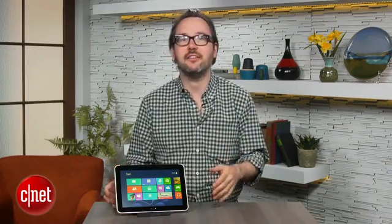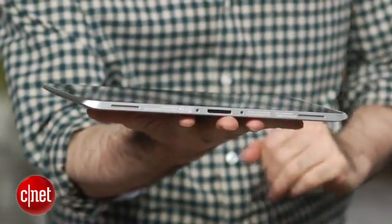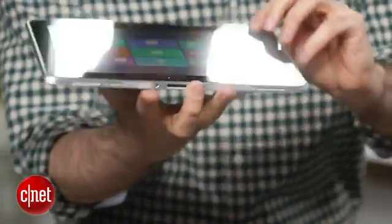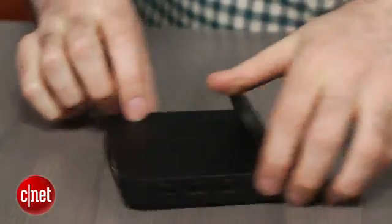You can, however, get all of those connections on various accessories and jackets and docks and stands that you could buy with the ElitePad. And that's probably the most interesting thing about this system versus other Windows 8 Atom tablets that we've seen, is that there's a really nice ecosystem of stuff. You've got the actual tablet itself. I've got a dock right here, a nice weighted dock that has some ports and connections in the back, including